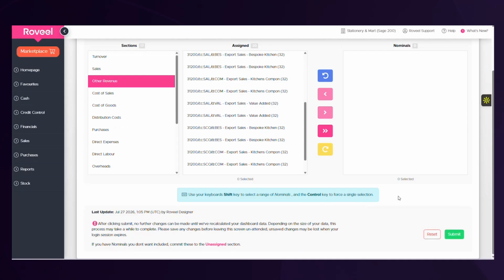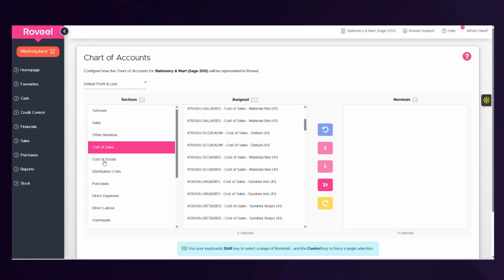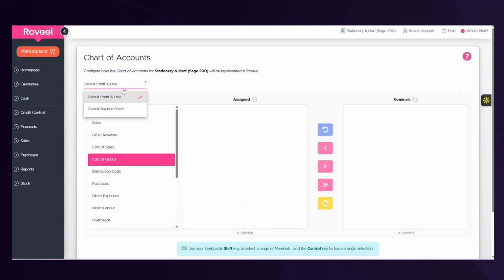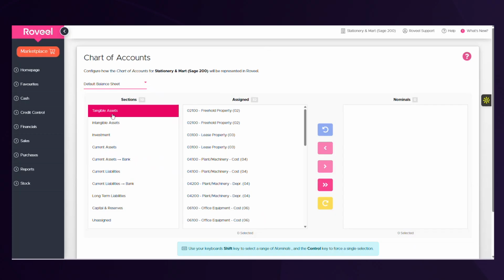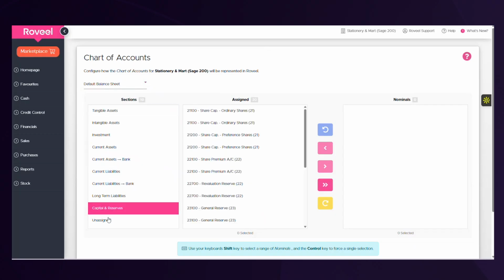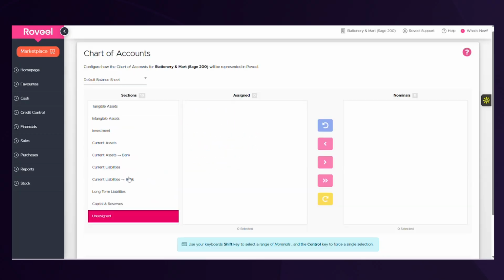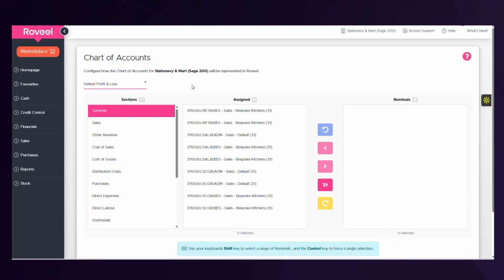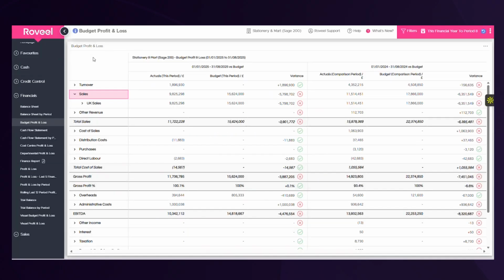I'm not going to do that because that will just lock my screen while it does that. But yeah, that's how you map your nominals, and then you've got the balance sheet on here as well. So you've got the various different headings on the balance sheet as well. So if I go back to P&L, and I'll go back onto here, and credit control gives an overview